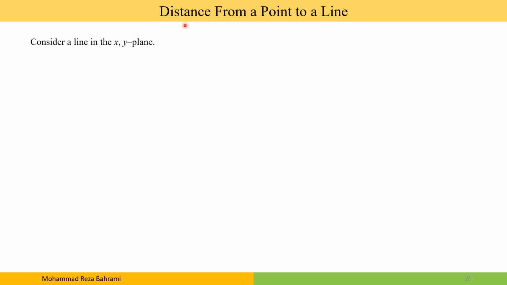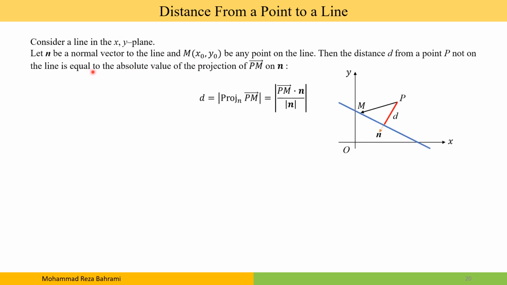The last part, we have the distance from a point to a line. Consider we are in the xy plane and let n be a normal vector to the line and m be any point on the line. So m is any point on the line and n is the normal vector. The distance d from a point P, which is not on the line, is equal to the absolute value of